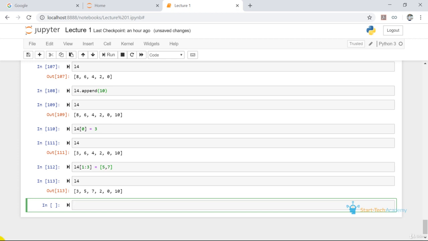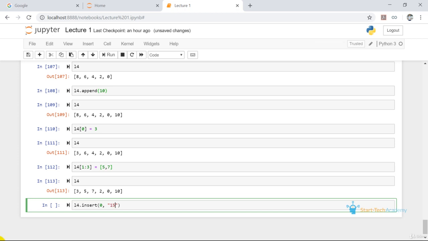Now, if we want to insert an element at a specific index, we'll do this by using the keyword insert. So if we write L4 insert and we want to insert this element at the first position, we'll write 0 since 0 is our first position, and we'll write 15.